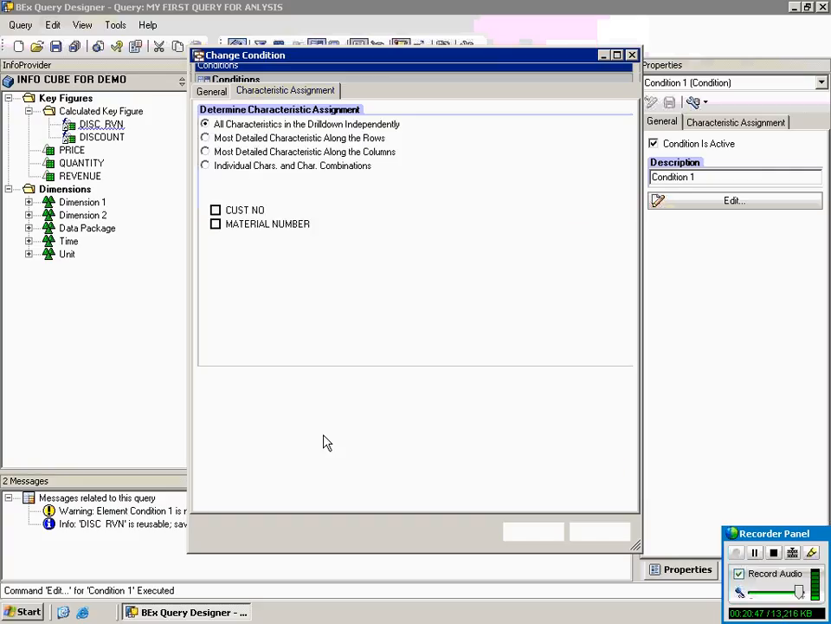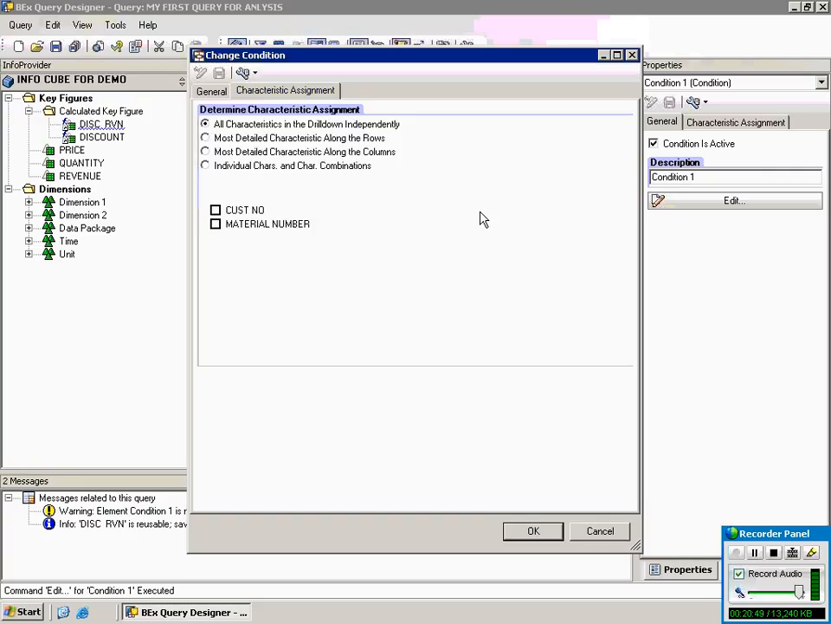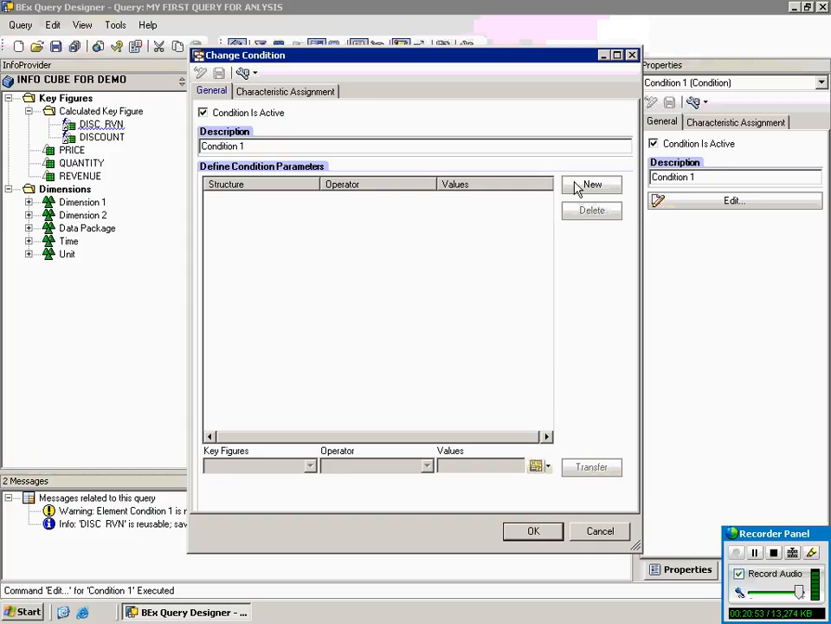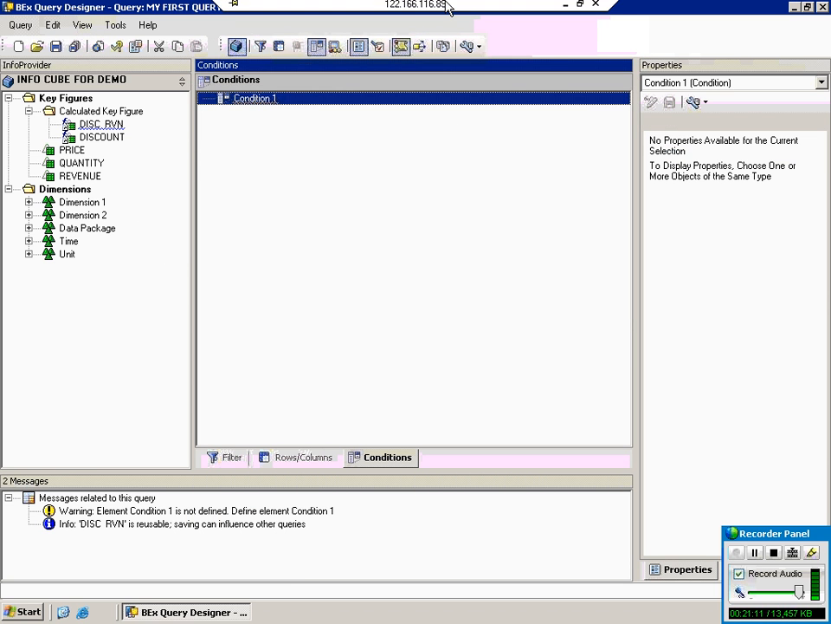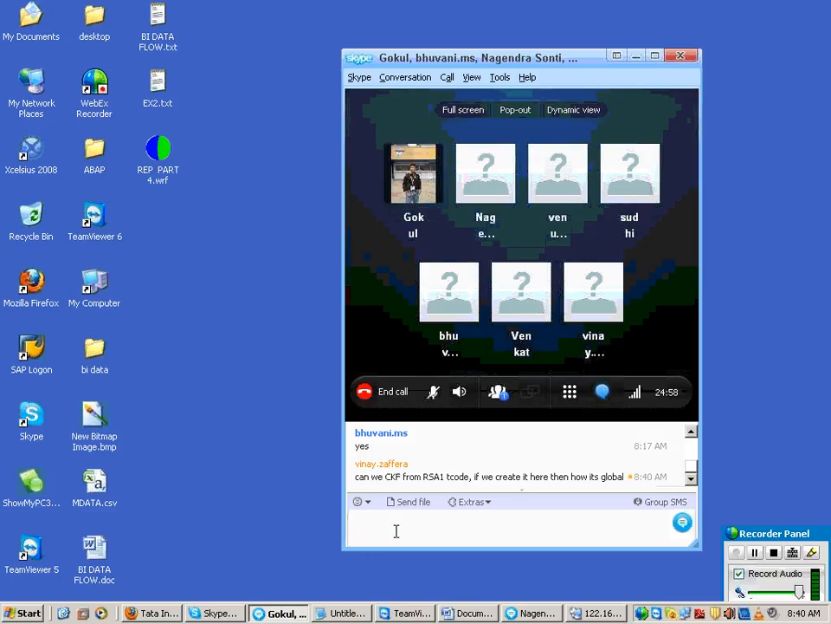Same thing: whatever I can perform on my regular key figure, can I perform it on this? I'm going to create a condition now. Can I apply conditions on discounted revenue and discount also? Same options. It's just like a normal key figure, but what is the difference? This is not available in your